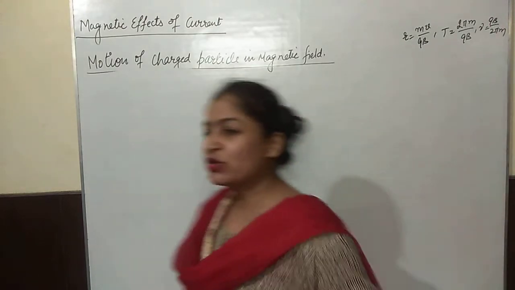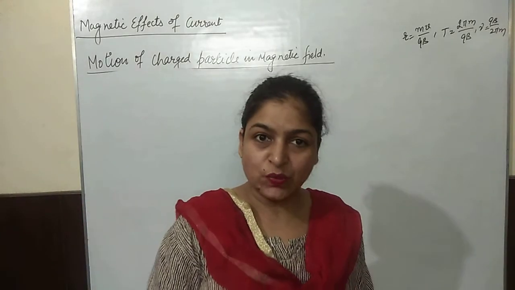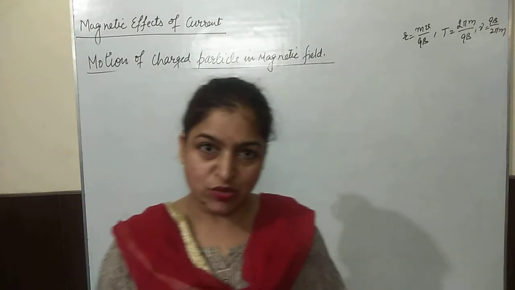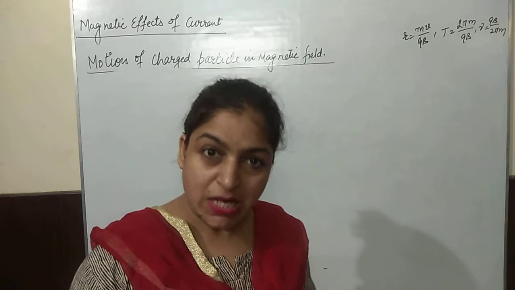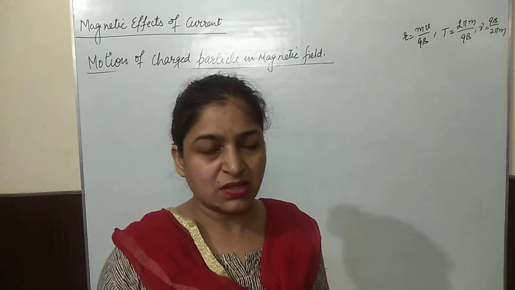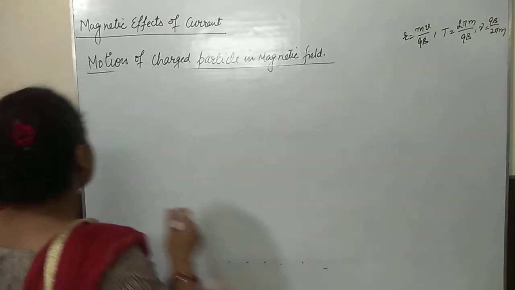Okay students, now we are going to discuss the second case. The first case was when the charged particle enters the field at right angle. Now let us see if the charged particle is entering the field at some other angle other than 90 degrees. It may be lying between 0 to 90 degrees. So the second case is